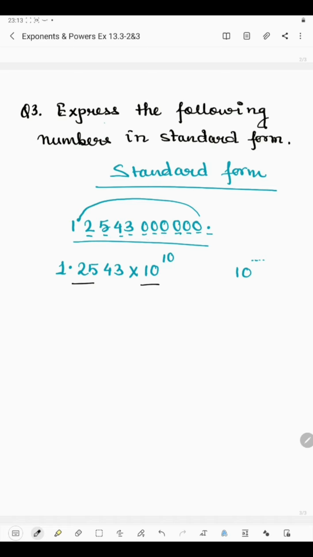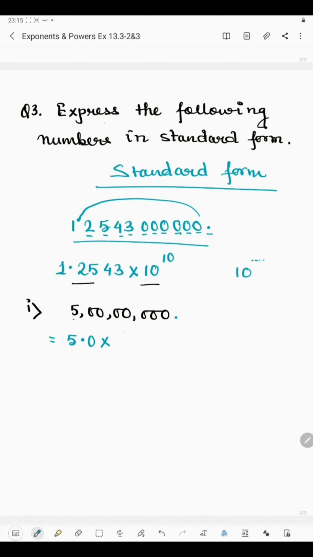Now in the first part we have 5000000. Now how to write this number in standard form? As you know that the point should be here, since in this number the decimal is not there, that means the decimal is at the end. So where to shift the point? We will put it after one digit. So here we can write 0, because here we always keep one digit before the decimal.